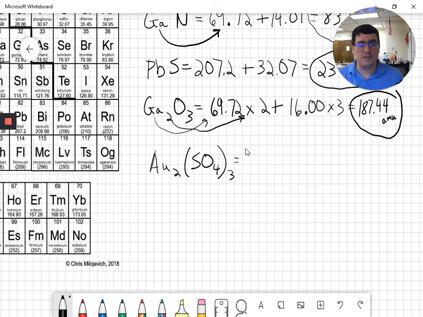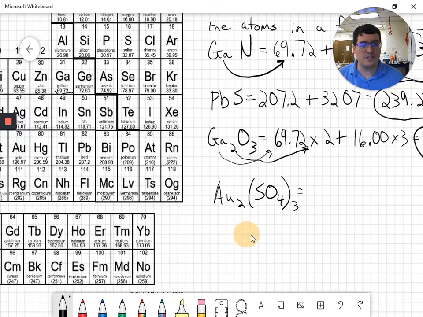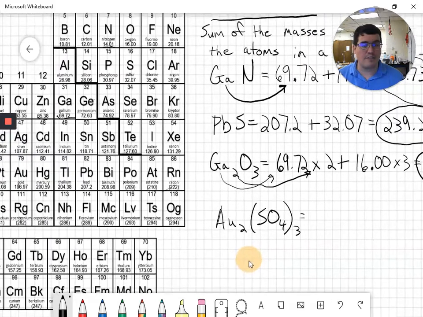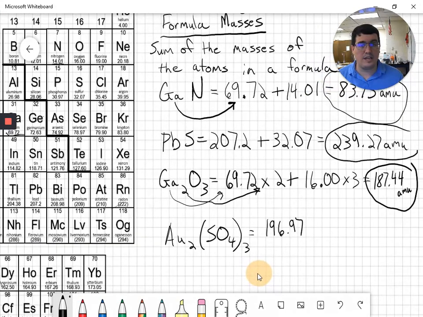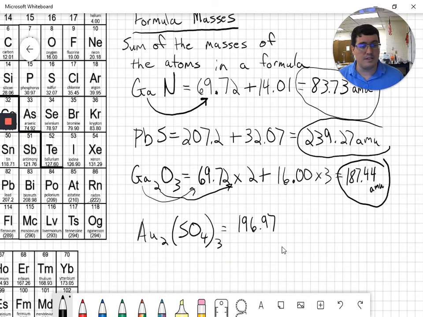But the first part is pretty simple. What we need is we need gold. I've got to look over here. I've got to find gold. And there's gold right there. It's 196.97. And the subscript on gold is 2. I'm going to leave this so I can still see those other ones up there. So we're going to multiply that gold times 2. And to that, we are going to add,